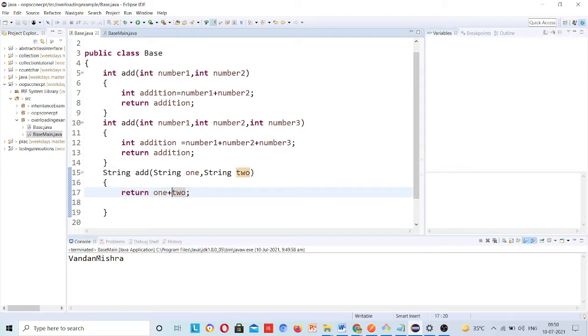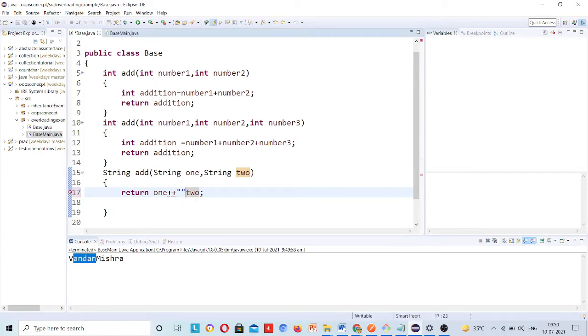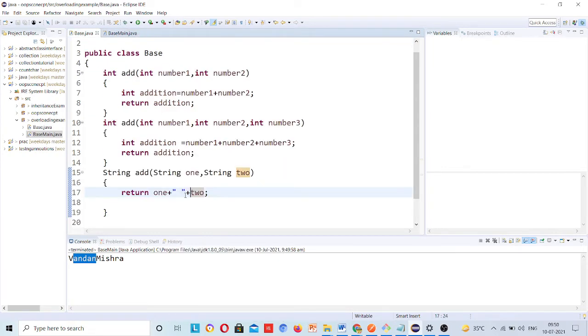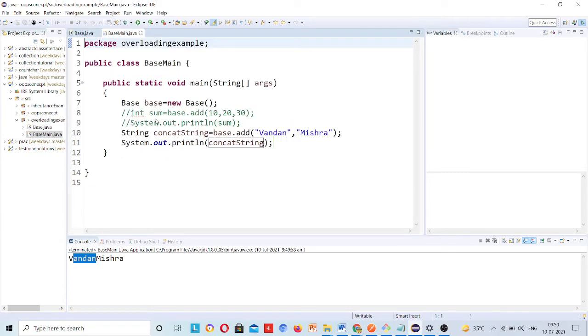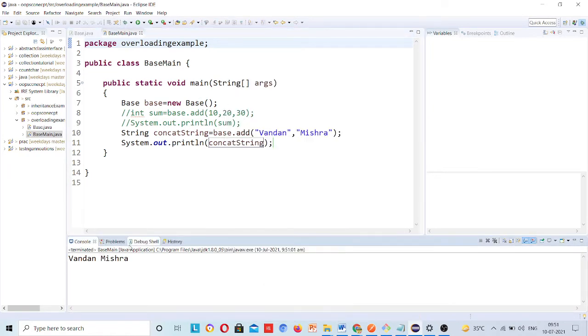If you want a space here, just use one more concatenation operator and give a space here. Whatever you want, you can do it, this is programming. Okay. Because here you have concatenated one more string, which is a space. Space is also in the form of a string. It will just give a space here. So, space is here. Okay, so this is programming. If you know the basics, you can do it.